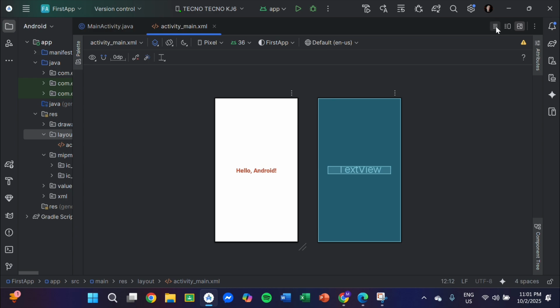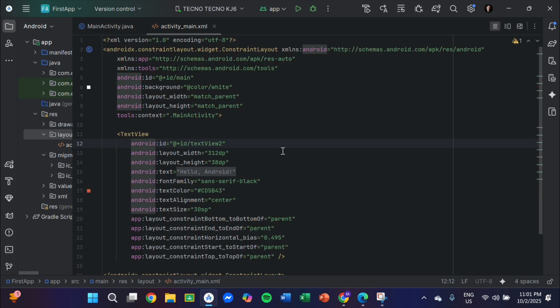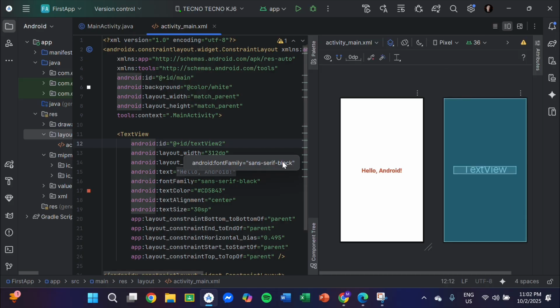And then we have also the code view. It is a text-based editor where you work directly with the XML code. So this simply means that you code your design here. And then we have also the split view. From the word itself, split, it shows both the visual design and the XML code simultaneously. And then we also have to know this part, the palette tab in design view.